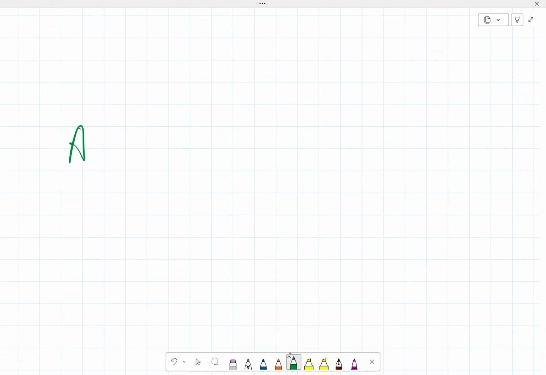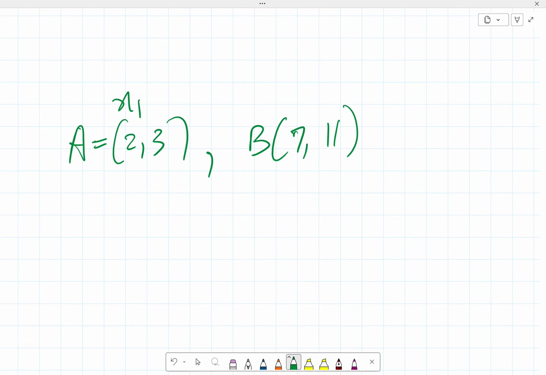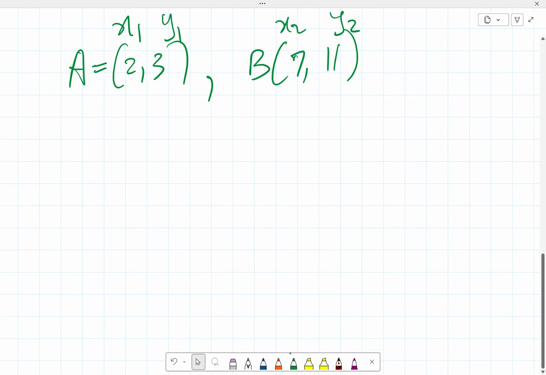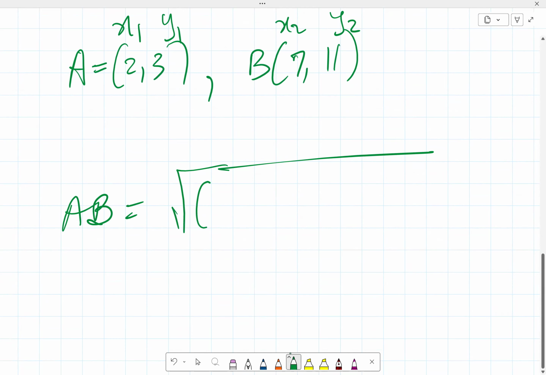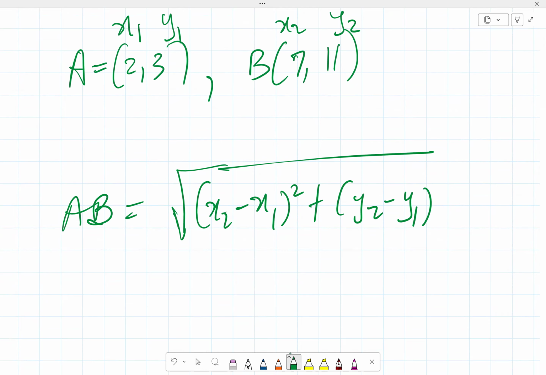So we want to find the distance between A (2, 3) and B (7, 11). Don't forget this is x1, y1 and this is x2, y2. Okay? So the distance AB, like we know already,